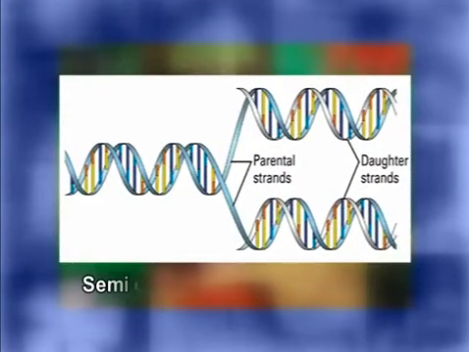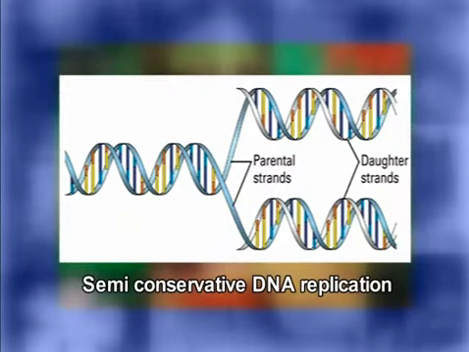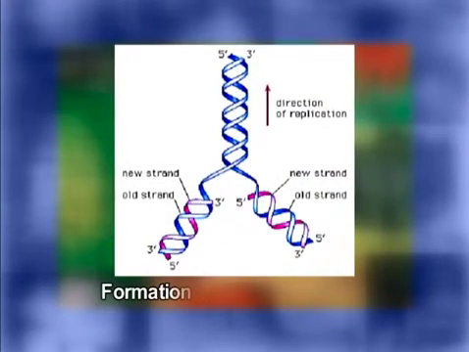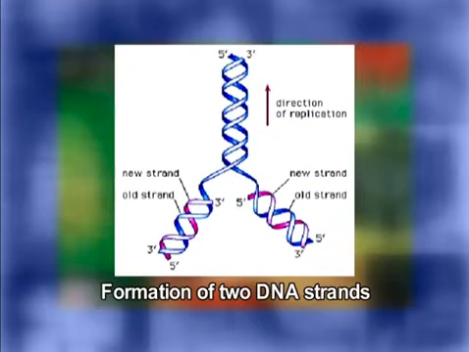In semiconservative replication, each DNA strand serves as a template for the synthesis of a new strand. As a result, 2 new DNA molecules will be formed, each with 1 new strand and 1 old strand. Watson and Crick proposed the hypothesis of semiconservative DNA replication, which was proved by the experiments of Meselson and Stahl